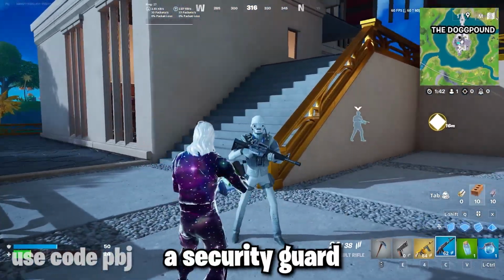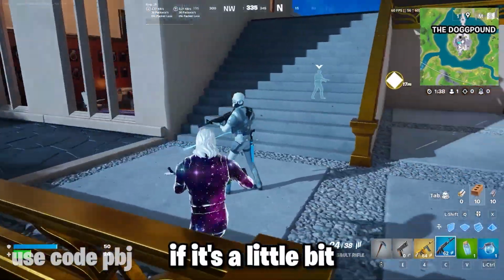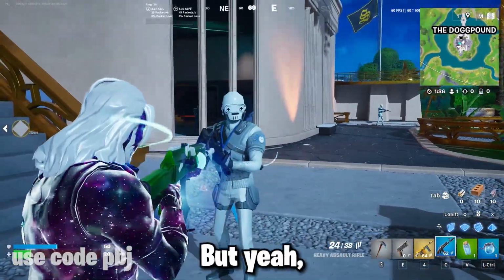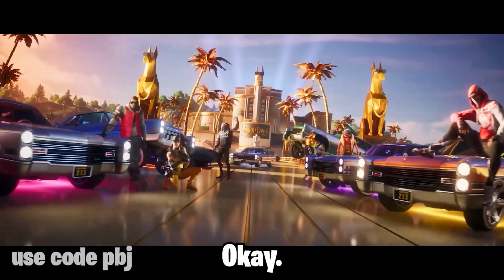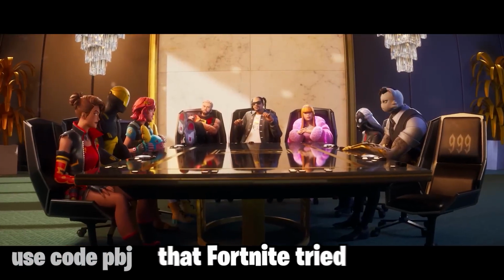Kind of like a security guard for Snoop Dogg and Eminem and the new people like that. I guess it fits a little bit better than protecting Midas, but yeah, this is definitely a cool secret. Okay, that was a pretty funny small detail, but it's not as funny as the trap that Fortnite tried to